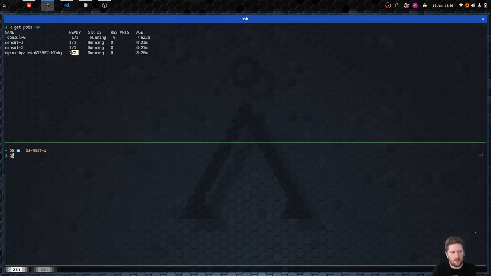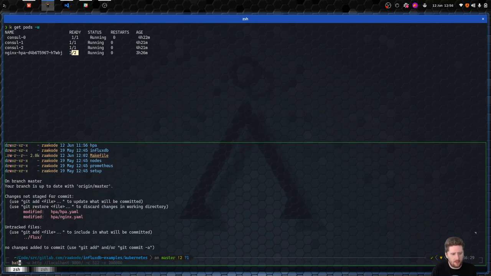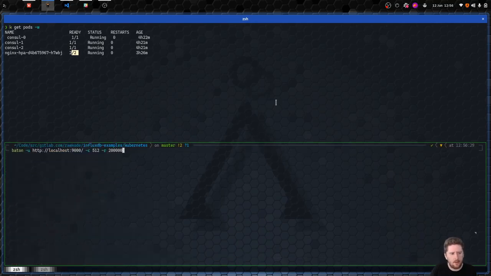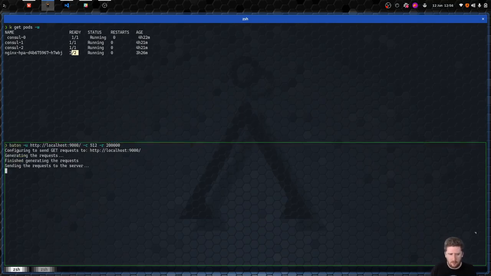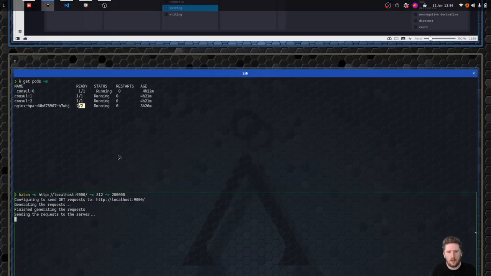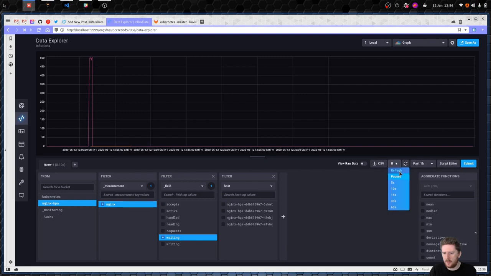Which means if I go into the same directory, the command should be in my history. But we can run batten, and we're just going to tell it to go to localhost on 9000. That's the port forward and port. We're going to run 512 concurrent goroutines, and we want to try and hit this with 200,000 requests. If we hit return, and if we jump up here and we just stick this on a cycle of refreshing,